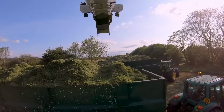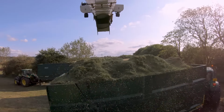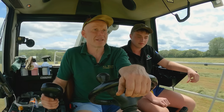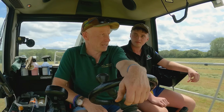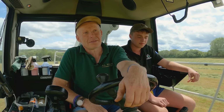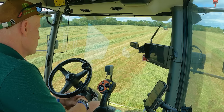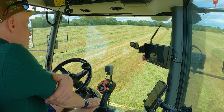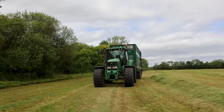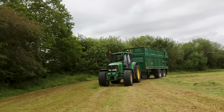So did you always sort of have in your head that you wanted the slightly older machine then? I just wanted something that was reliable and easy to fix. Yeah. And if you get a blow up on one of these, there's plenty of spare parts. You know, you got something with a VMAX drum, you're going to struggle to find that second hand, or one worth putting in. There's a lot I'm learning, and there's a lot of stuff I can do myself. Or even if one of the lads was helping me. So far,